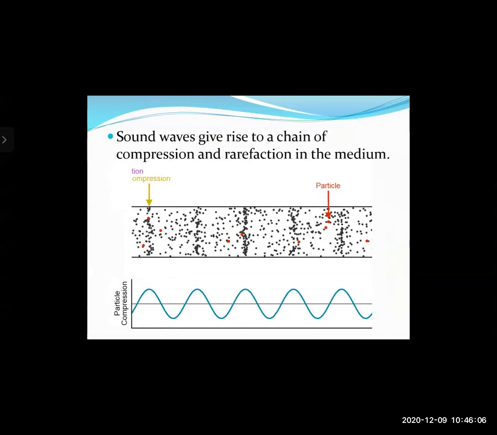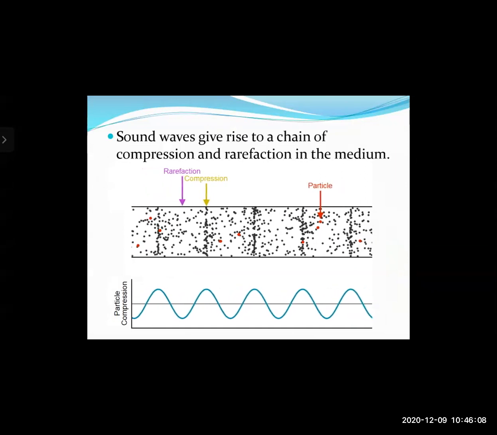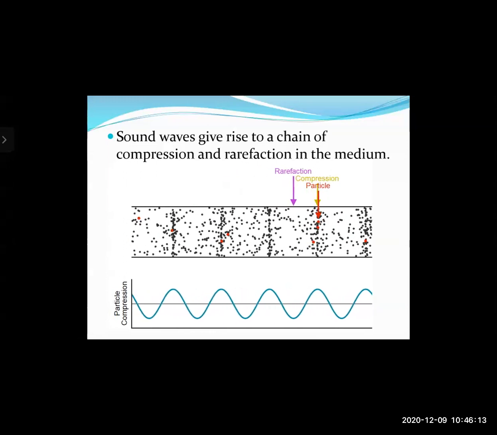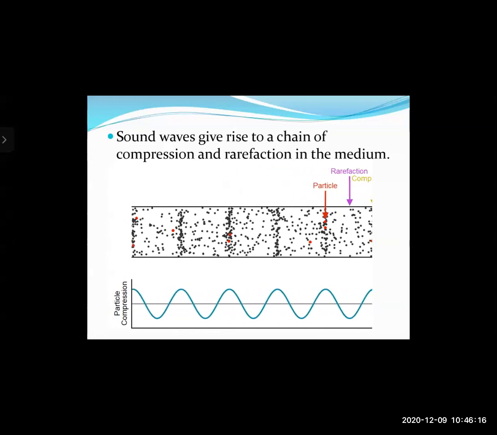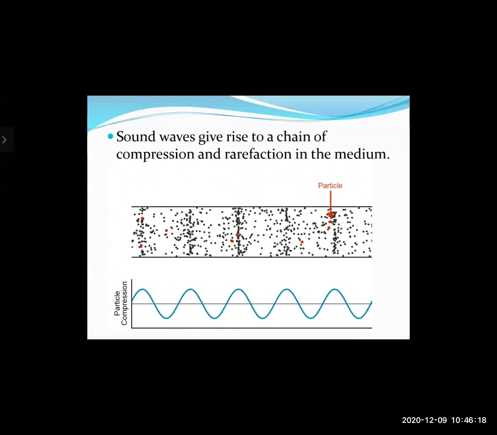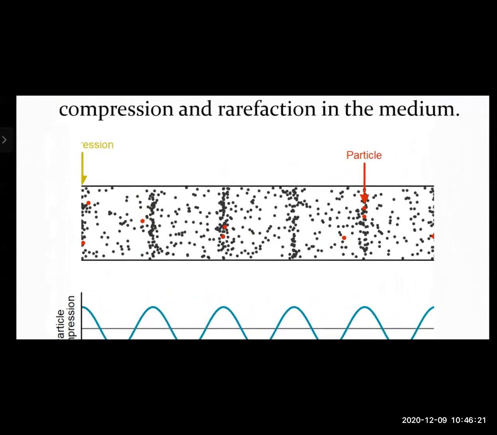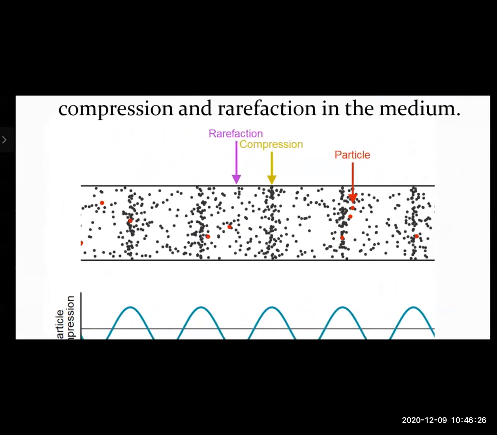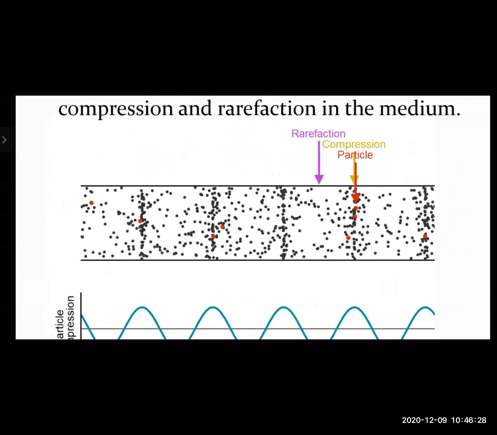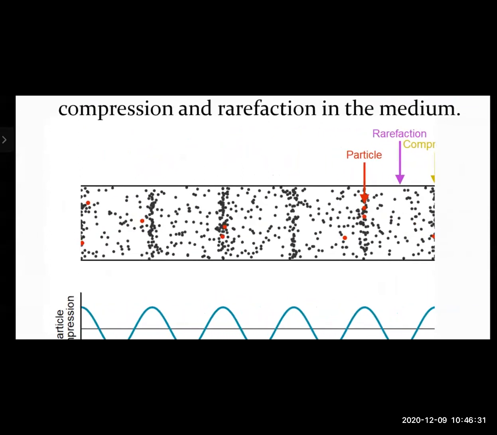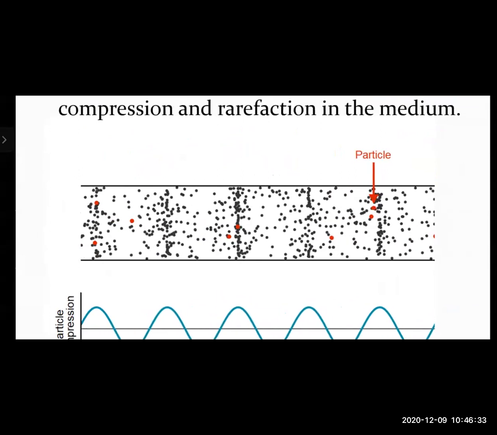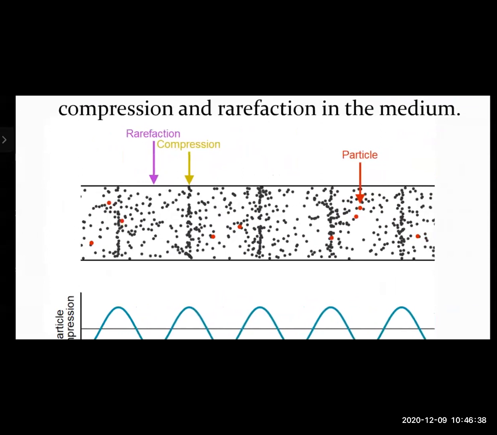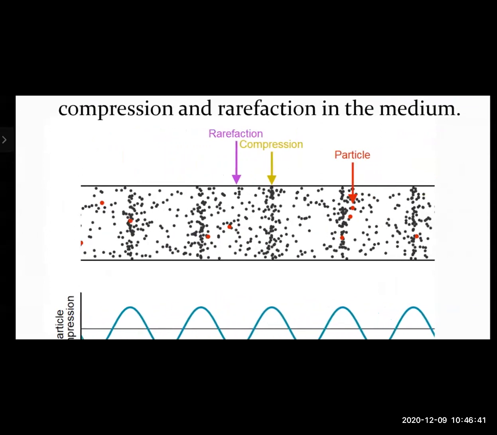Okay, so sound waves give rise to a chain of compressions and rarefactions in the medium. Now, what are these compressions and rarefactions that we will talk about? If you look at this animation or the diagrammatic representation here, you can see that the wave is moving from the left hand side to the right hand side. These black dots represent the air molecules, or the particles of the medium. Here you can imagine that these particles of the medium are of a gas. Some of them are red so that you can see how exactly they are